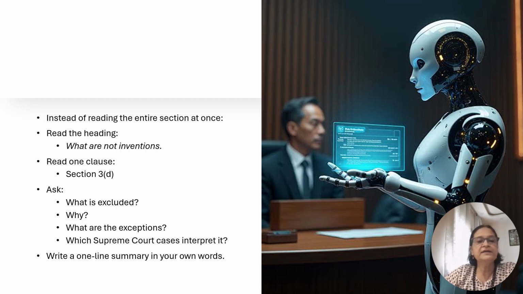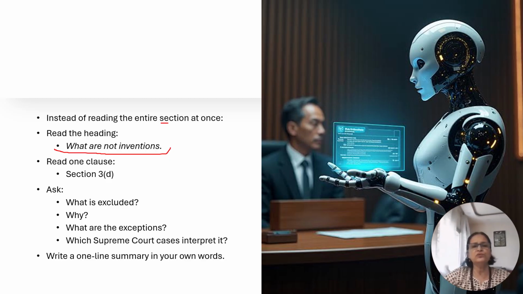Instead of reading the entire section at once, read the heading first of all. Just to give you one example, if the heading of the chapter is what are not inventions, find out why we have this section, why do we have this chapter at all in the act, what is the need to have the list of inventions which cannot be patented, and then you go to the subsections, read the clauses like